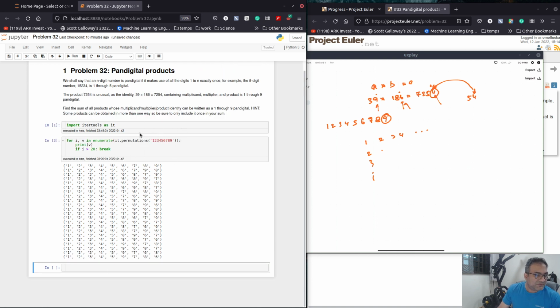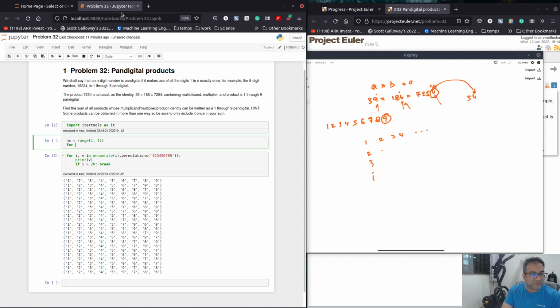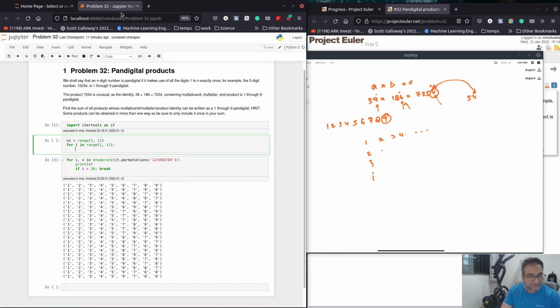Okay, so let's take a look at n's equals range 1 to 11, 11 like that. So for I in range 1 to 11, for j in